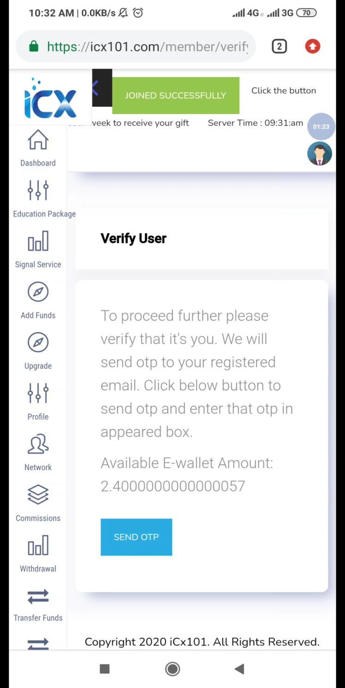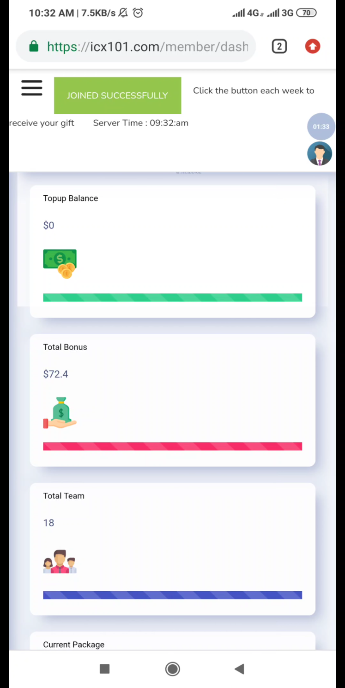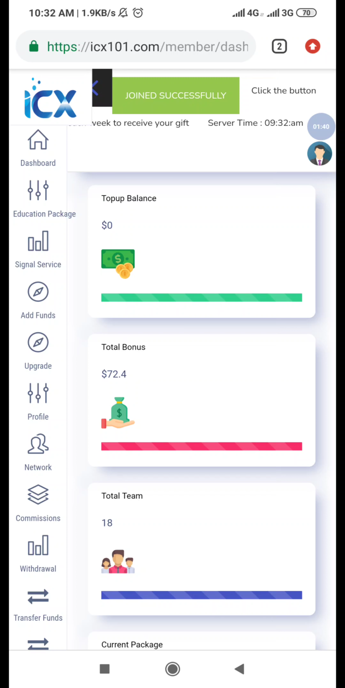Remember what I had initially? What I had initially was, let me get to my dashboard, please. What I had initially was 72.4, yeah. So you see 72.4. This is what I had initially before placing the withdrawal. Okay, so I placed the withdrawal for $70, and